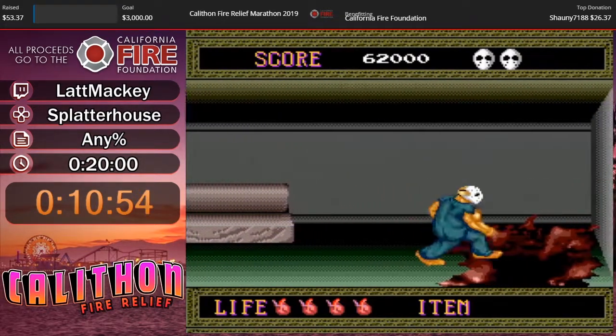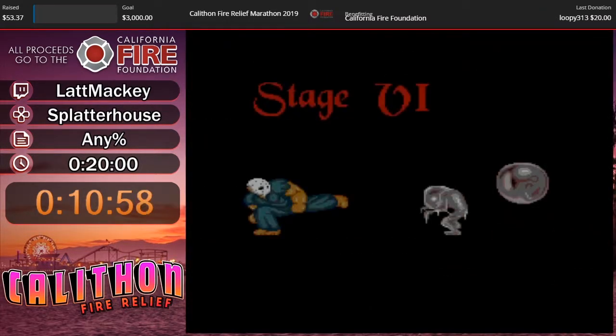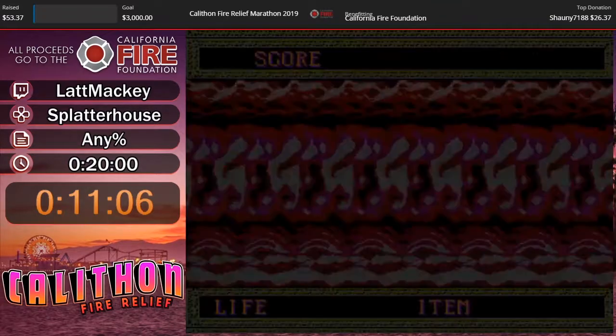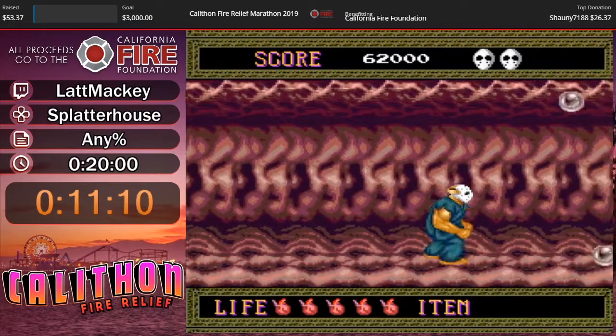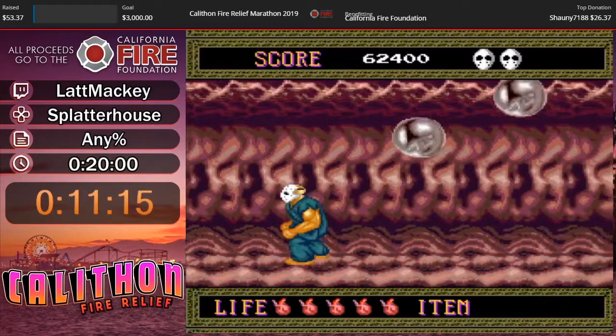So here's the dreaded stage. If stage 5 wasn't a run killer, stage 6 most definitely is. And that's because basically all of these enemies spawn and move in an RNG base. So I don't know when or where these things are going to spawn and how they're going to move. You'll notice that they don't move in a normal...